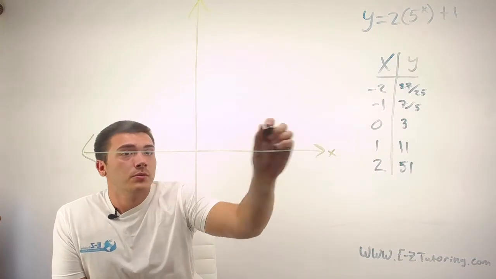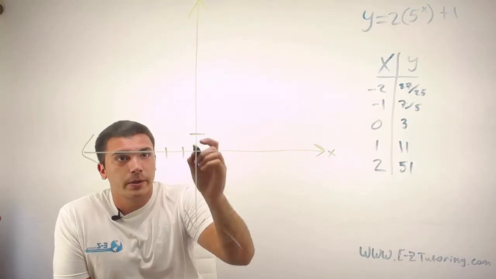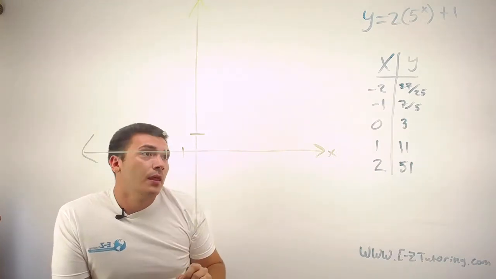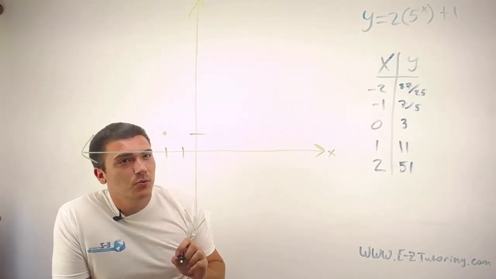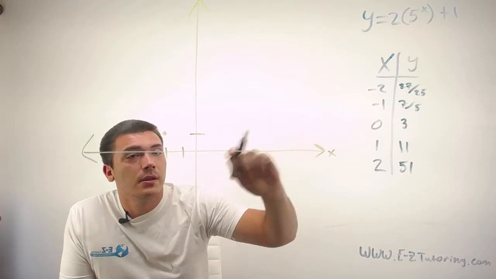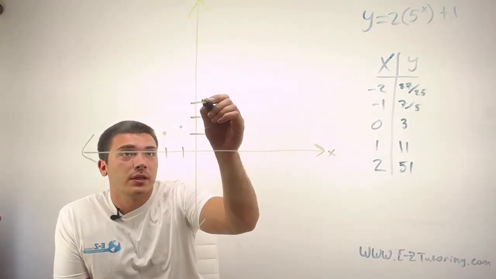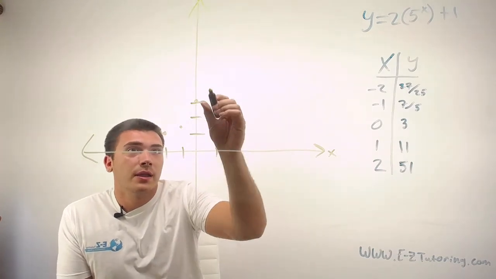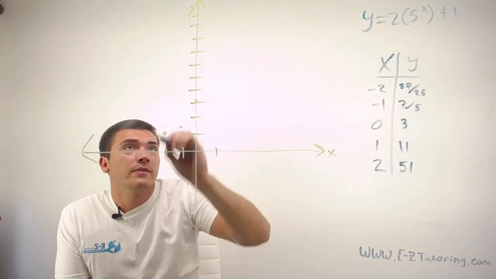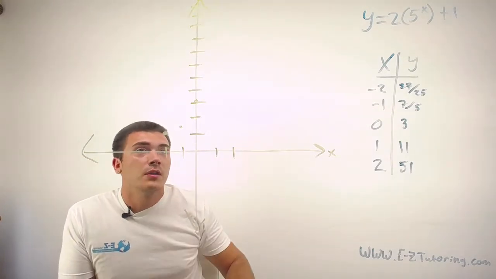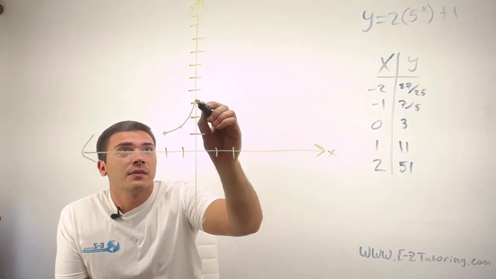Okay, (-2, 27/25) is just a little bit bigger than 1. (-1, 7/5) is also just a little bit bigger than 1, but it's definitely bigger than this fraction. (0, 3) is right here. (1, 11): 5, 6, 7, 8, 9, 10, 11. (1, 11) is right there. And (2, 51) is somewhere on the ceiling. So if we go ahead and connect these dots,